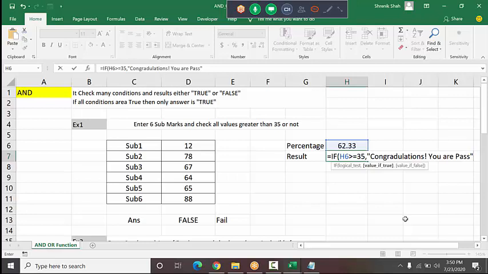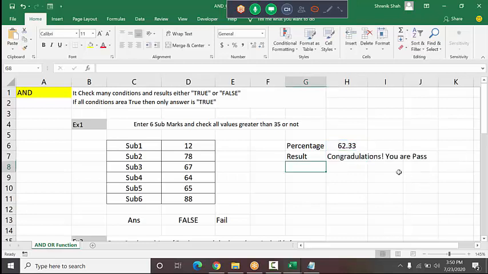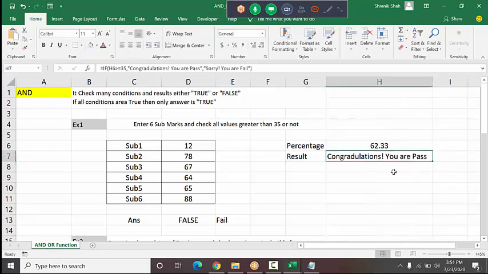Double quotes complete. I give a comma and I type, it's, you are fail. And I press enter. See, this prints congratulations, you are pass, because the answer is 62.33.